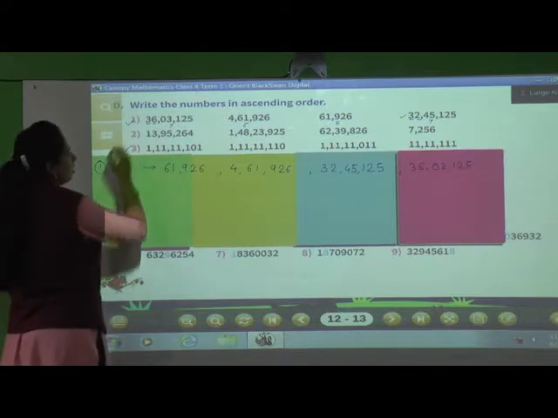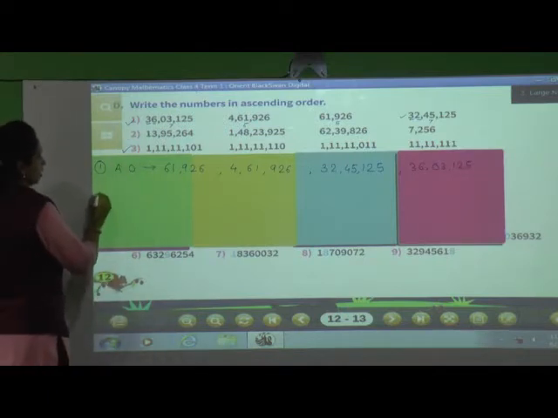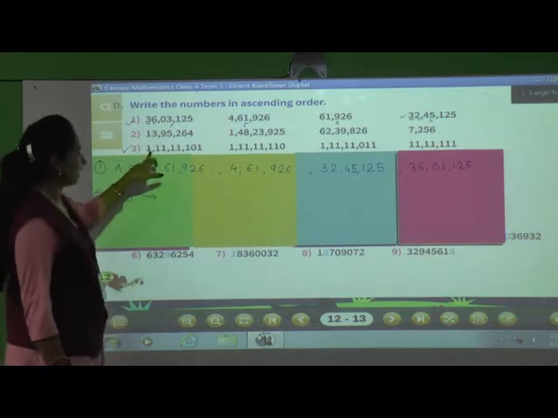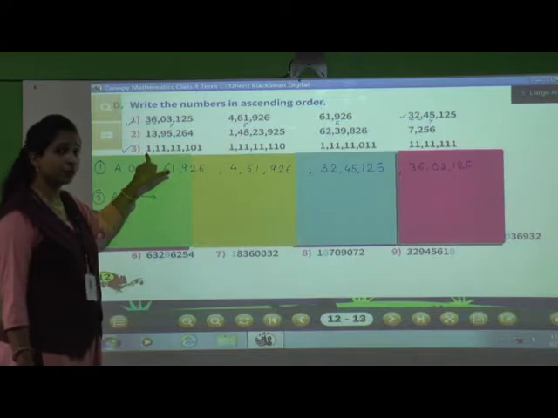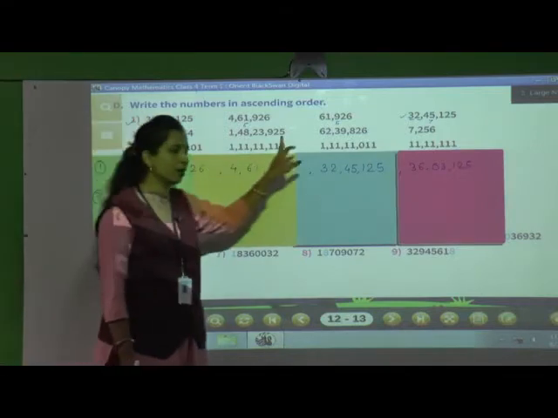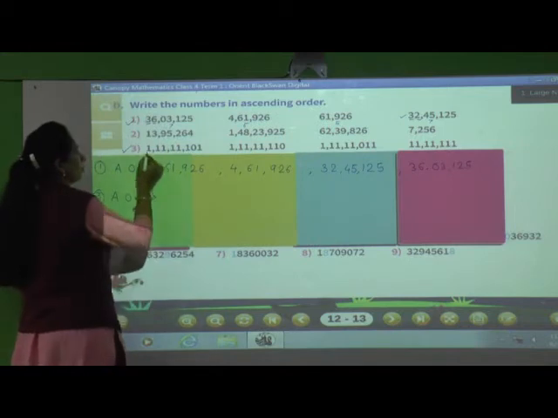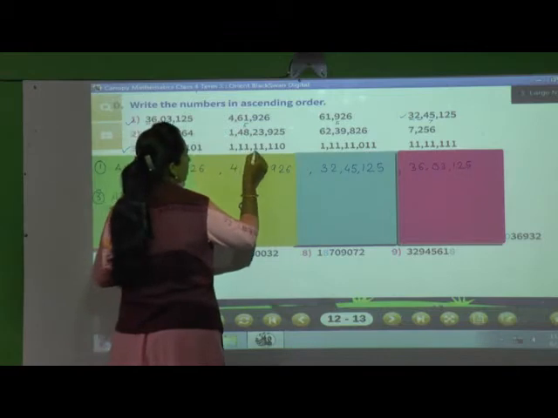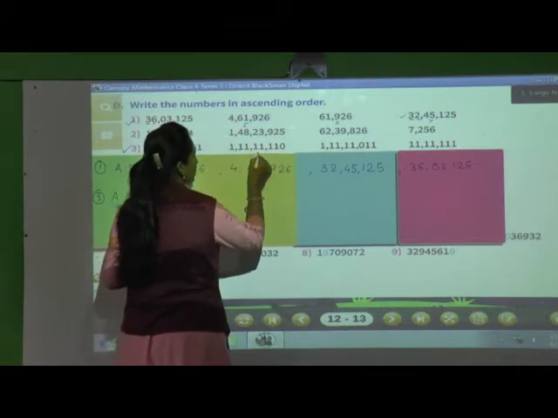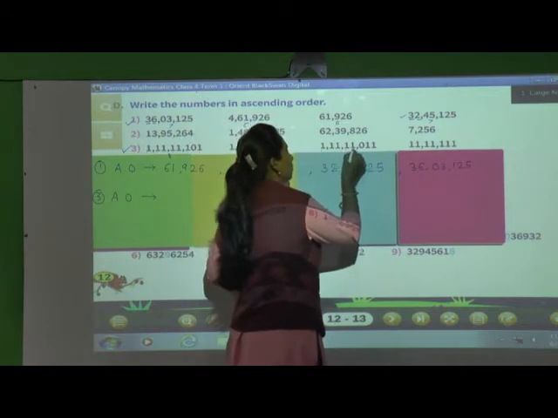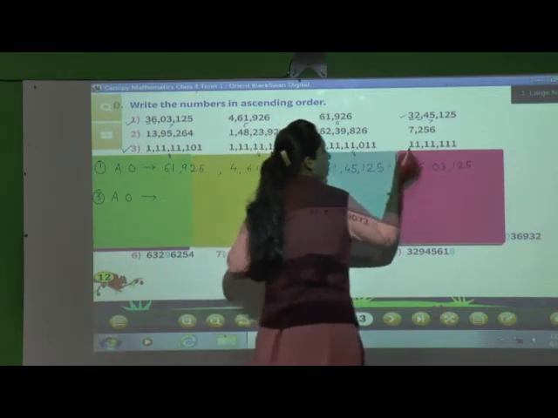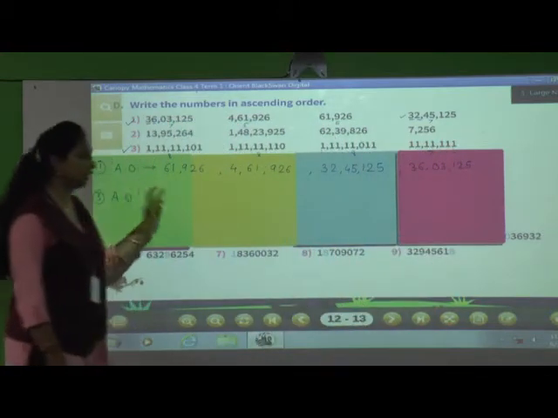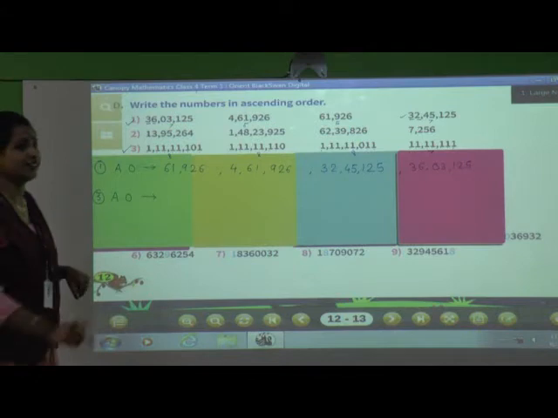See, I will solve the third one for you. Now can you read here? We will count the digits of the given numbers and write them in short. 1, 2, 3, 4, 5, 6, 7, 8. Same, 1, 2, 3, 4, 5, 6, 7, 8. Same again, 1, 2, 3, 4, 5, 6, 7, 8. And 1, 2, 3, 4, 5, 6, 7. See, they have given three 8-digit numbers and only one 7-digit number.